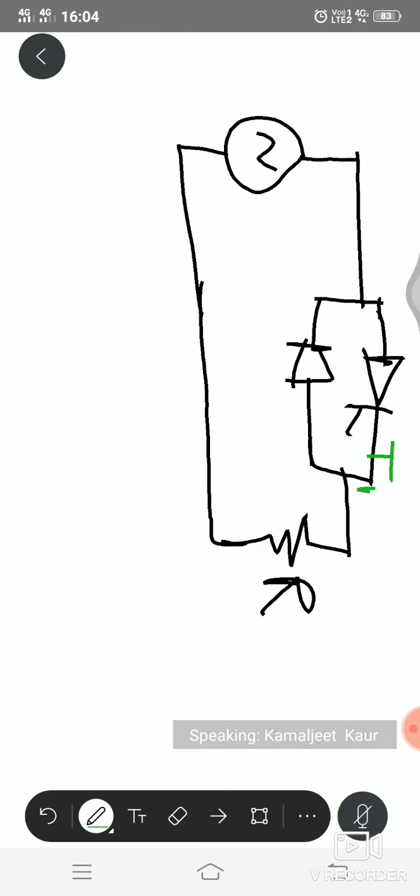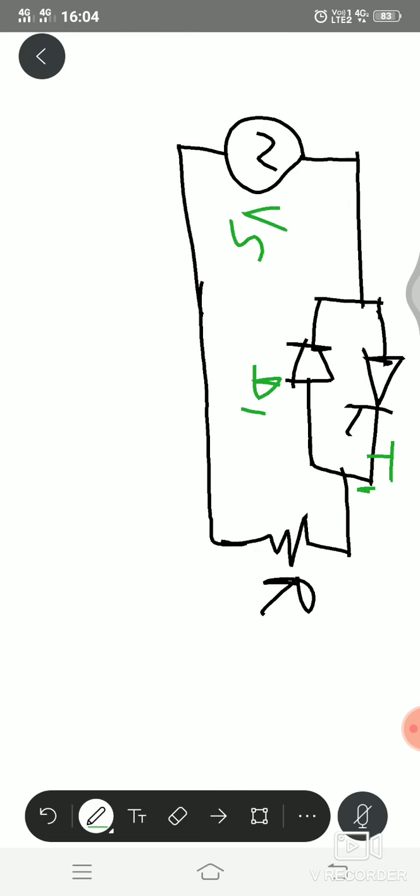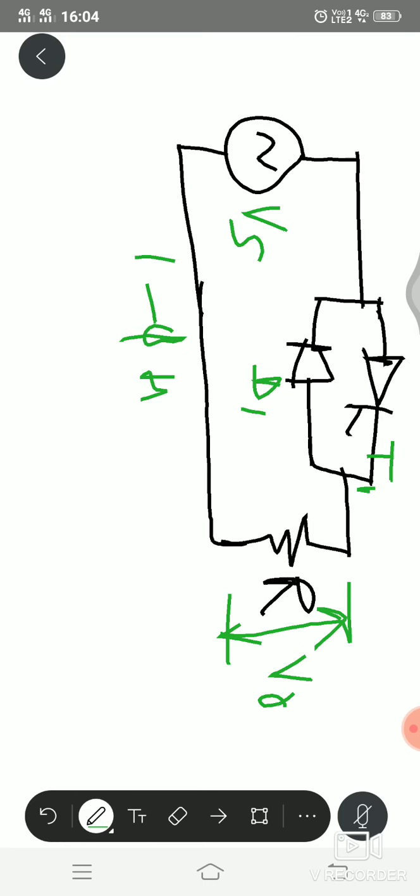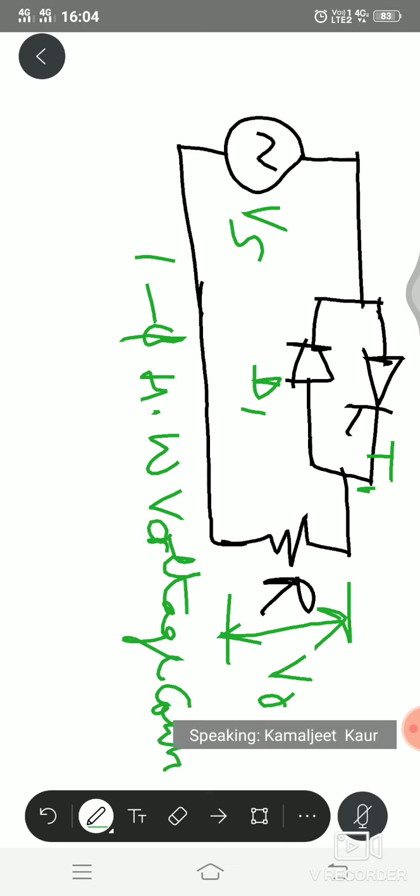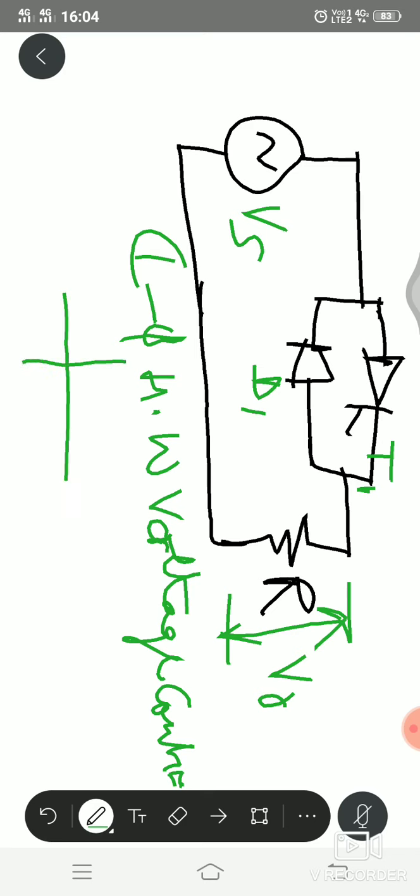So we have got a thyristor T1, a diode D1, Vs is a supply voltage, and supply voltage is AC, and output voltage we are measuring across load resistor R. And so this circuit which I have drawn over here is known as one phase half wave voltage controller. This is one phase half wave voltage controller circuit. Okay, so now let us discuss the working of this circuit.